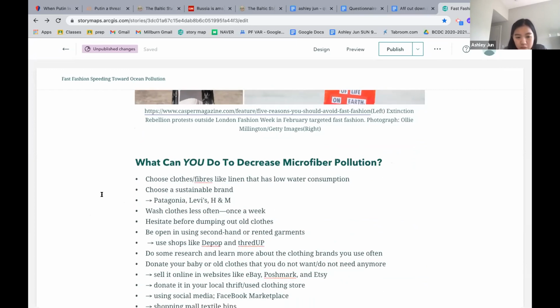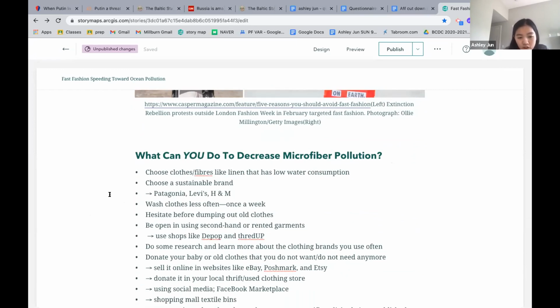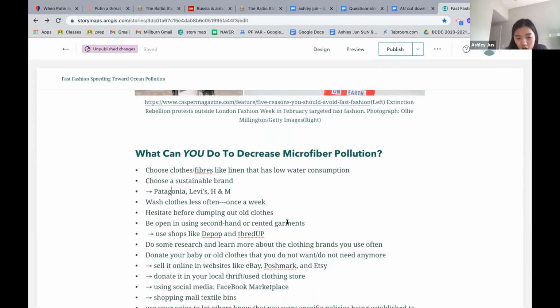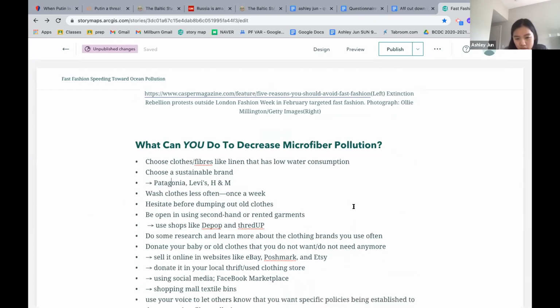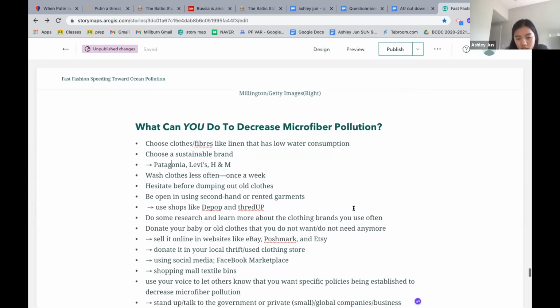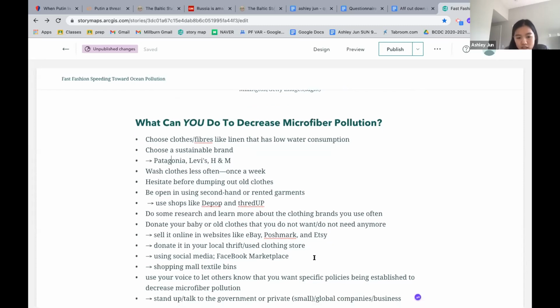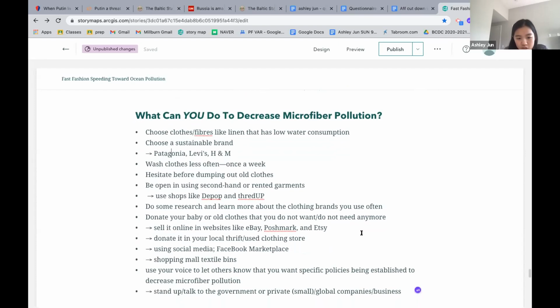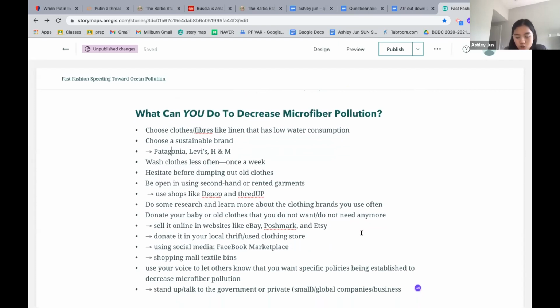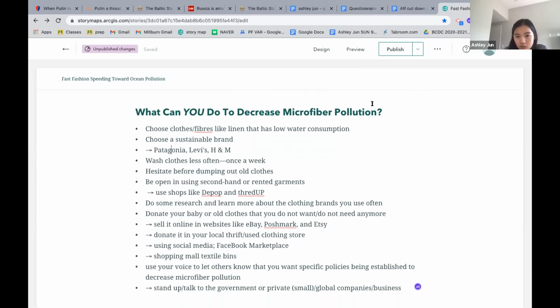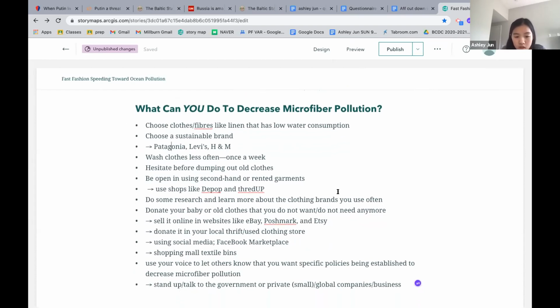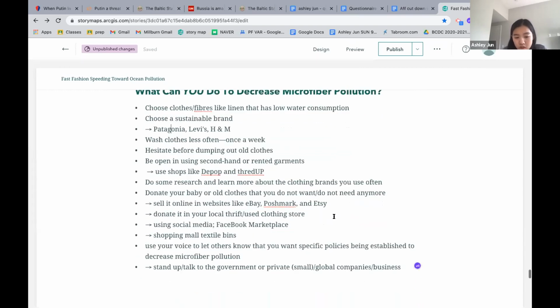They can use a sustainable brand like Patagonia, as already mentioned, Levi's and H&M. They can use secondhand or rented garments, like shops like Depop and ThredUp. They can donate their baby clothes, like selling on eBay, Etsy, Poshmark, etc. They can also use social media like Facebook Marketplace, which has been used by many people. There's also shopping mall textile bins that people can use,